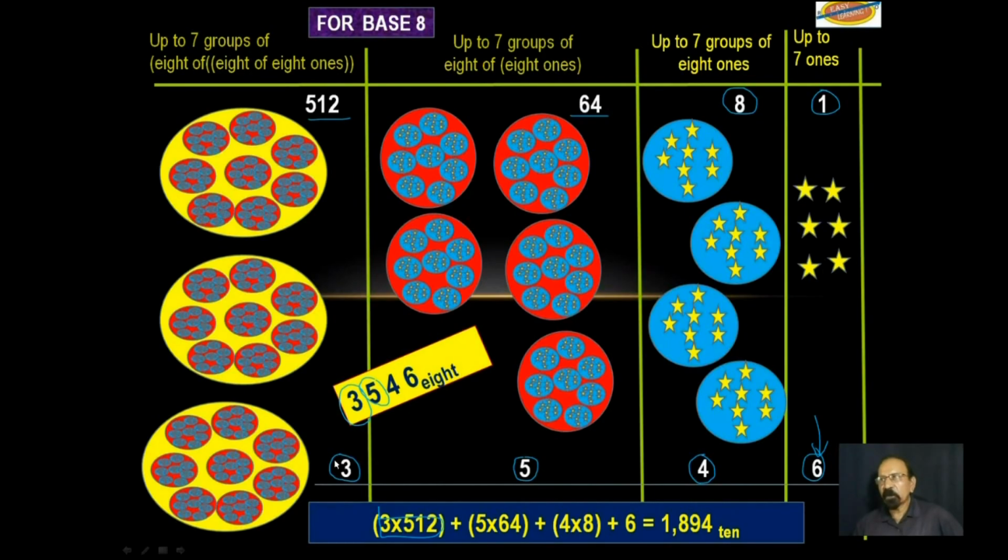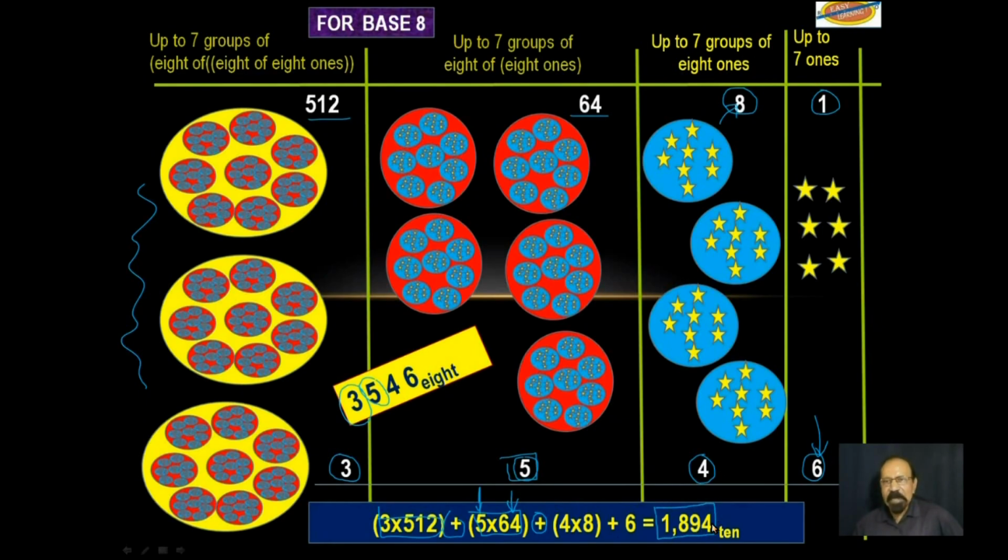That's the total amount of stars we have here. And then we would add that to this 5 times the 64, face value, place value. And after that, we will add 4 times 8, and then finally add the 6, and we will get